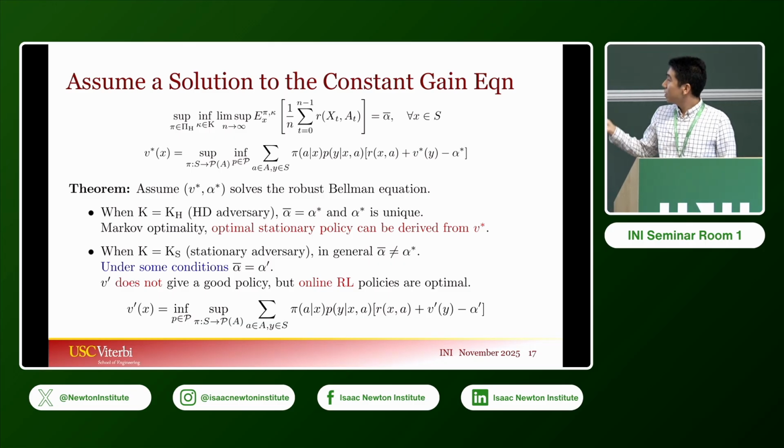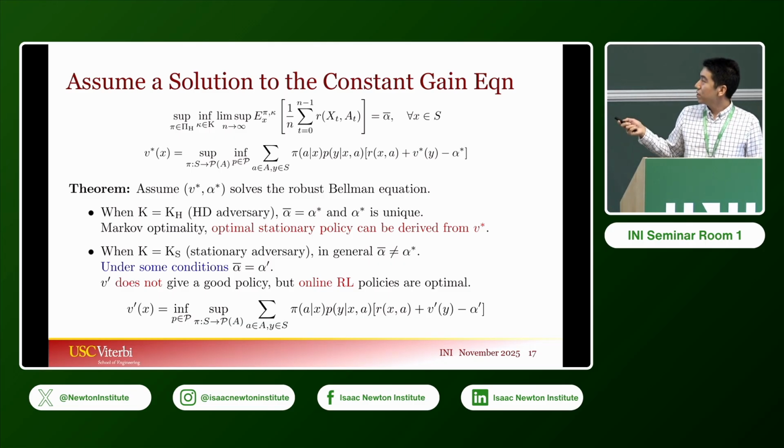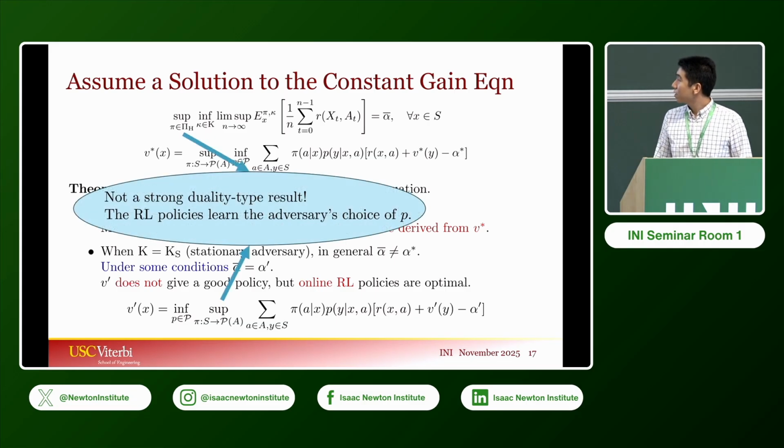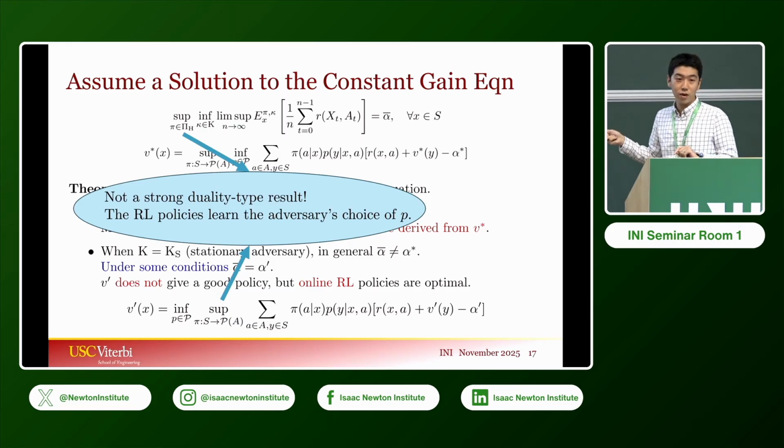Okay, so let me give some insights into both of these results, why they hold. The first one is basically the dynamic programming principle, and a verification style argument will show us that this works. Oh, by the way, I want to mention that this interchange of this inf and sup is not a strong duality type result, because if it is, then you would have alpha star equal to alpha prime. But here I'm just claiming that this alpha star does not equal this alpha prime in general.